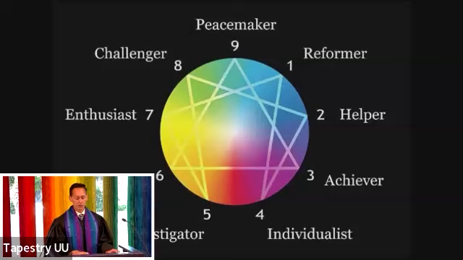1s believe that being strict with themselves and eventually perfect will justify them in their own eyes and in the eyes of others, but by attempting to create their own brand of perfection, they create their own challenge. As we all know, perfection is not part of this life. So there you have it. 8 is the challenger, 9 is the peacemaker, and 1 is the reformer.